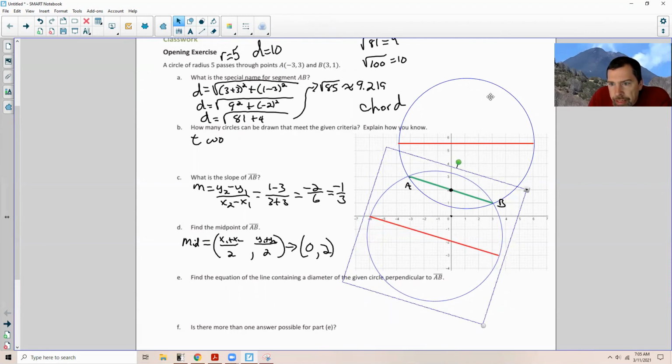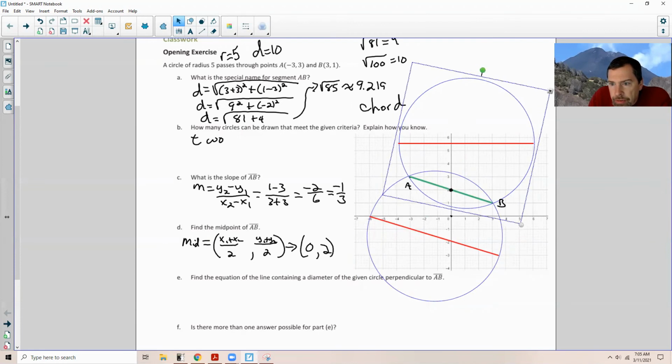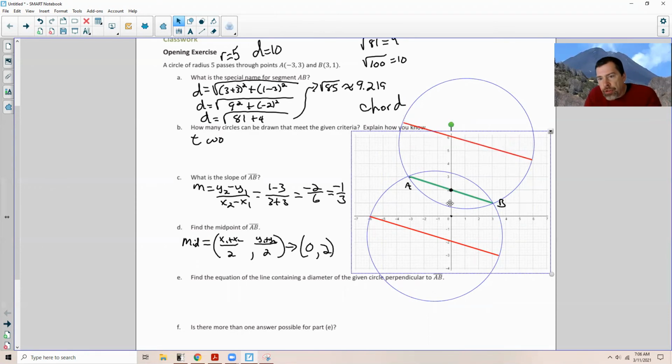So let me rotate that circle like that, and let me rotate this circle. Oops. All right, that didn't work because I didn't pair them. So in other words, if this was the diameter like so, I just rotated those 2 circles so that the diameter is parallel to AB, and we want to find the line that contains the diameter of the given circle